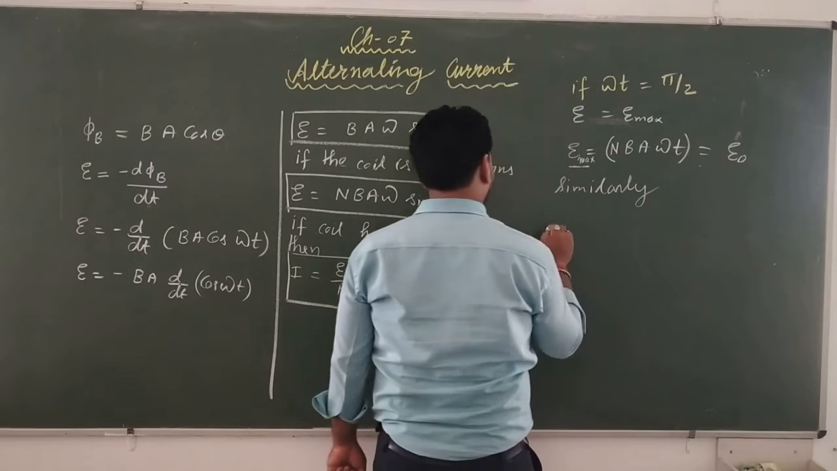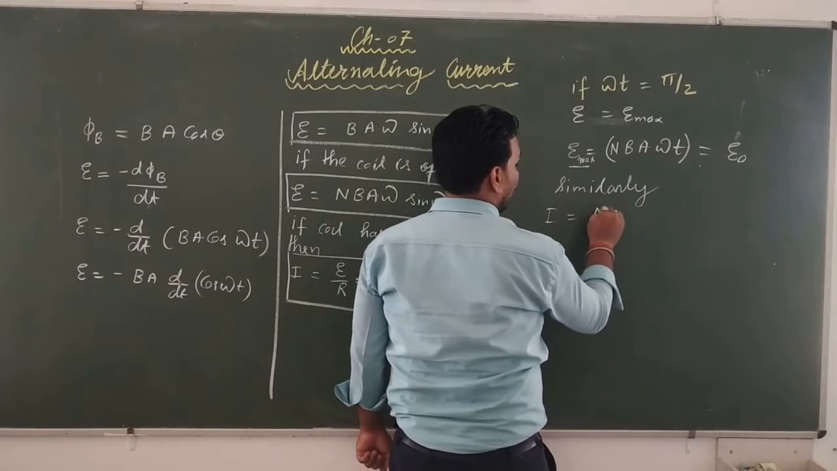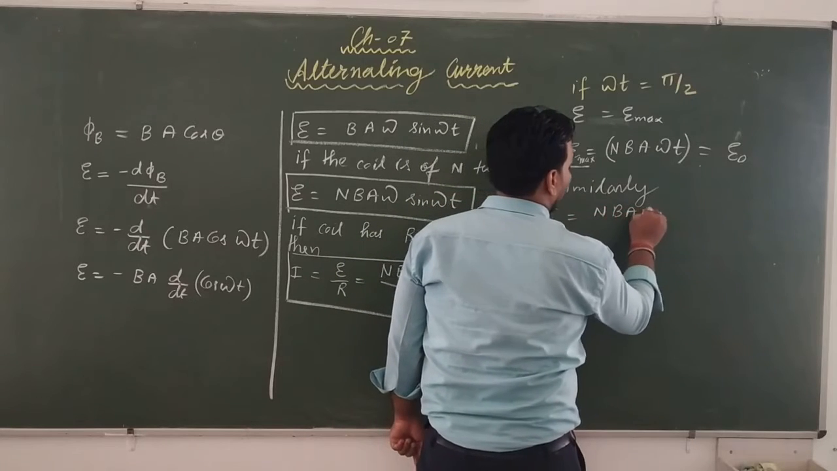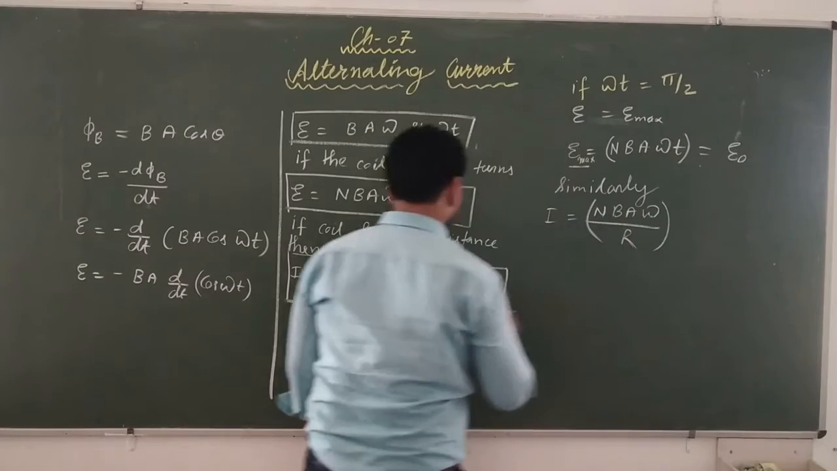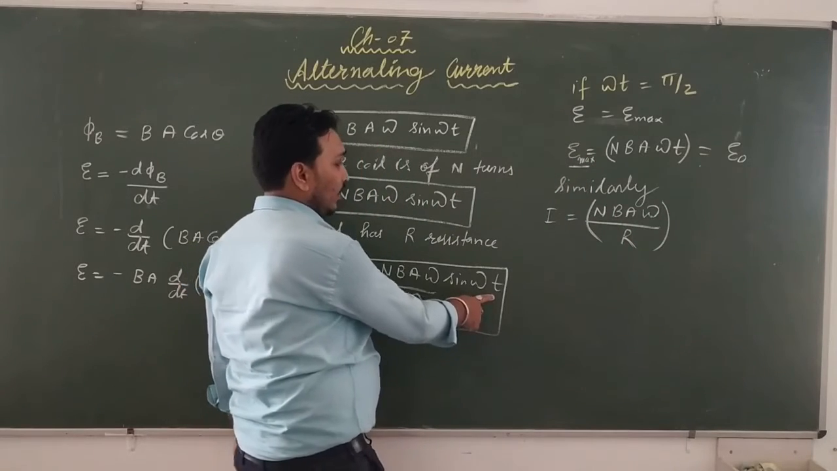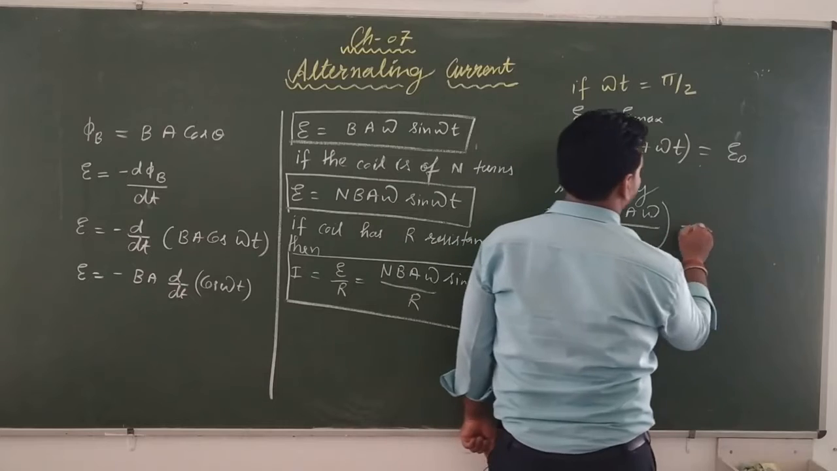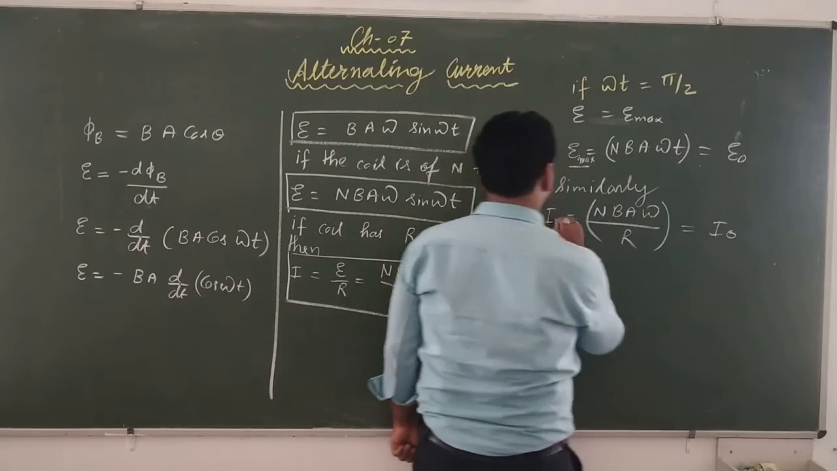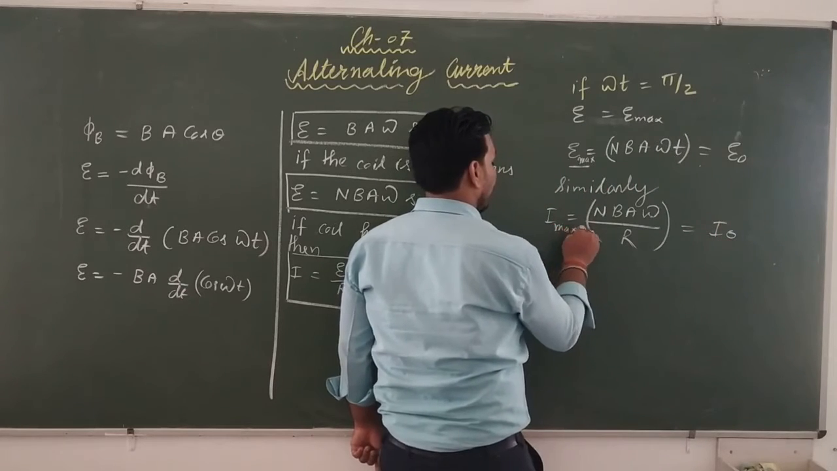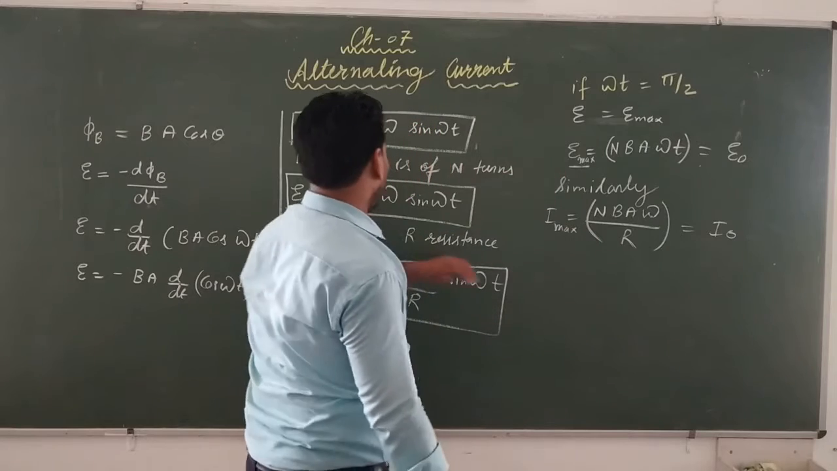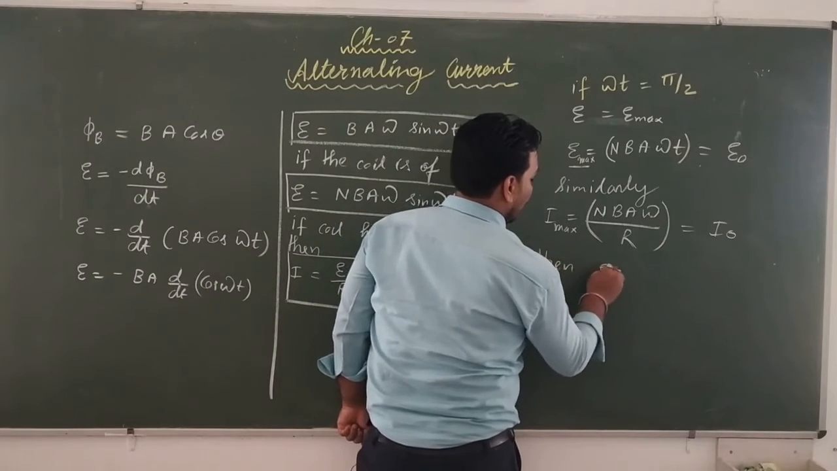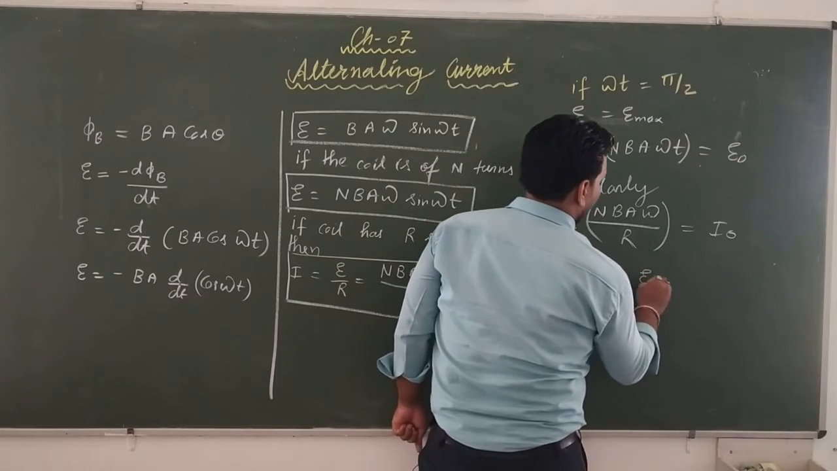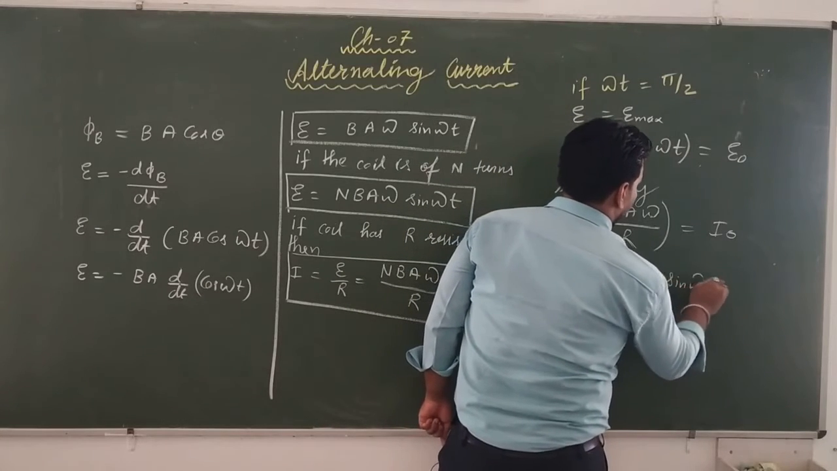Similarly, for current also, I is equal to NBA omega upon capital R. This sin 90 will become 1. So this is the maximum value of current and it is denoted by I naught. So if we put these values over here, then E is equal to E naught sin omega t